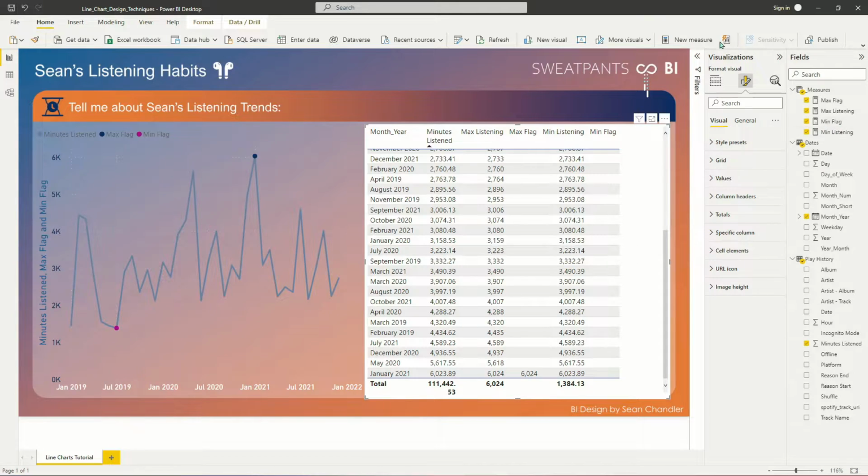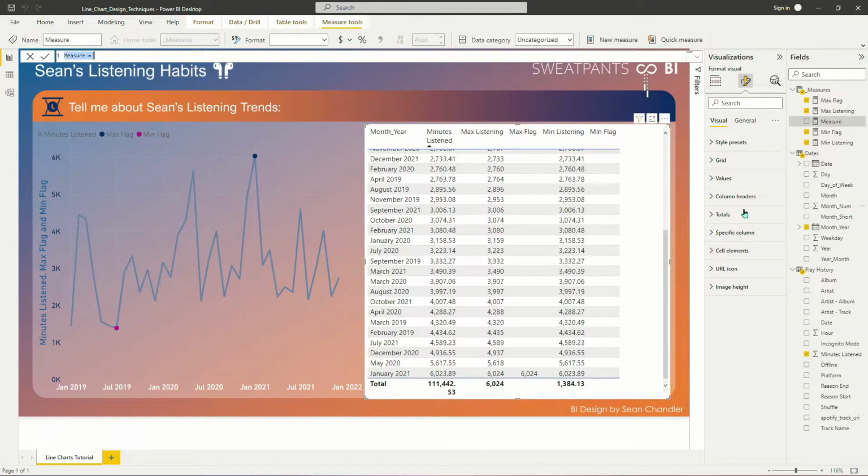The next scenario that I want to play with is, what if I want to call out just the last data point in the line chart? No problem. I'm going to repeat a very, very similar process, but I'm now just going to flag the last month instead of the highest or lowest data point. So let's go ahead and create a measure, and we're going to call this max date. This is going to be one of the easier